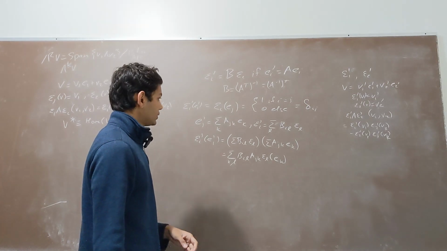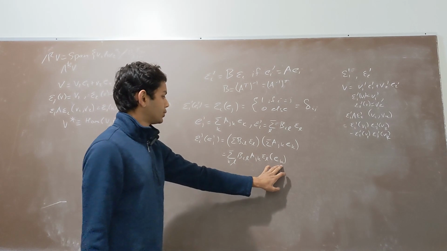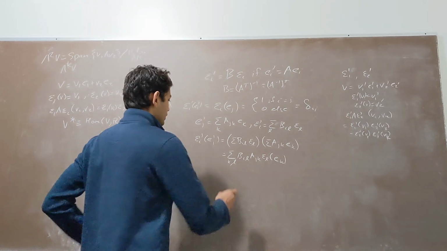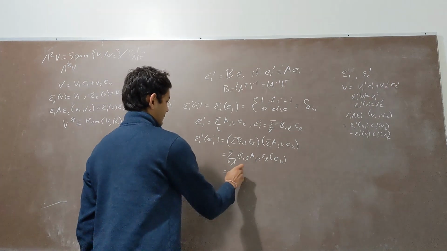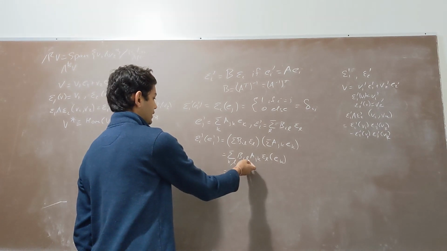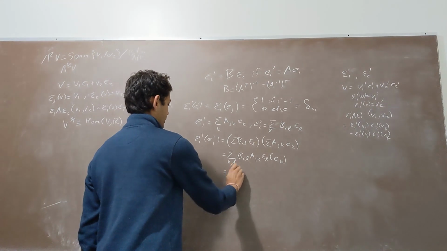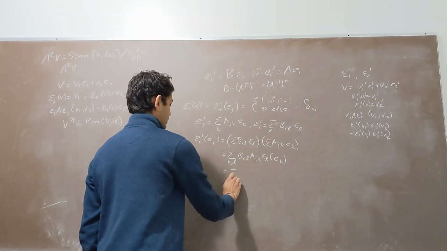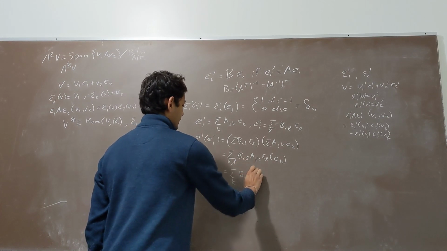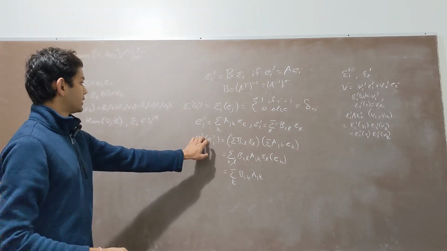Okay, now we can use this relation, which says that this is equal to 1 if and only if k is the same as L, and it's equal to 0 otherwise. So what that means is that we don't get any contributions here except when k equals L. And when we do have k equals L, then we get a contribution of 1 from this. So this is just the sum over k of b sub ik, because k equals L, a j k. And remember that this should be equal to, from this first line,